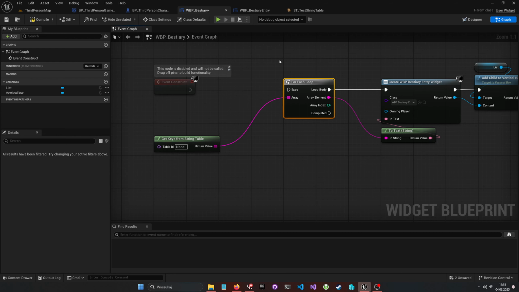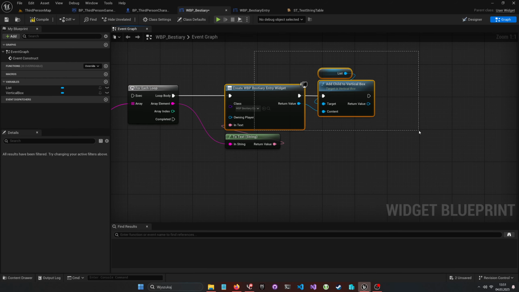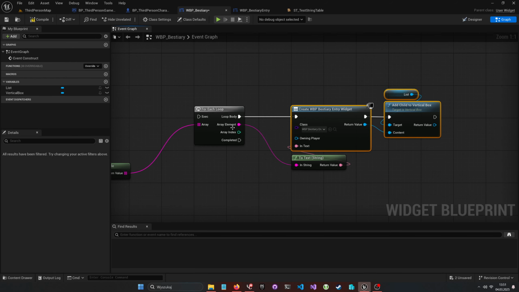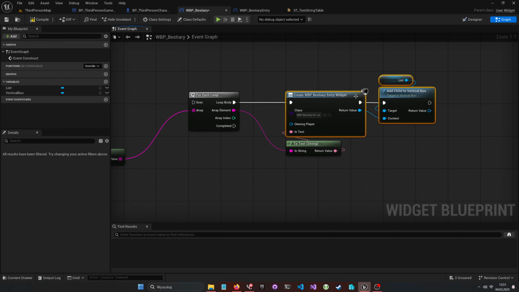For each key in that string table, we create a new bestiary entry and pass that key to the entry. And then when that widget is clicked, we get that key from that widget,